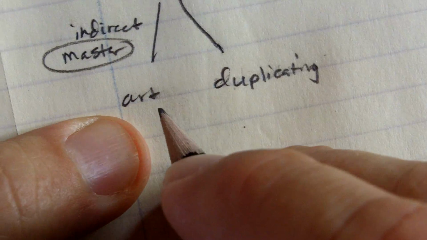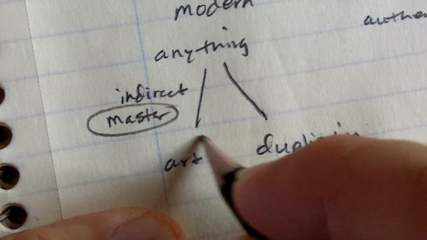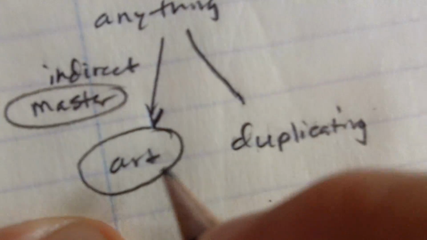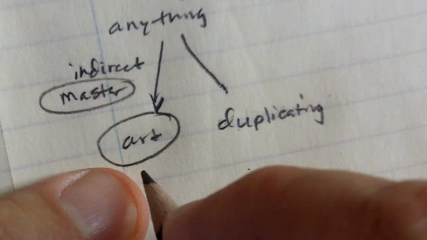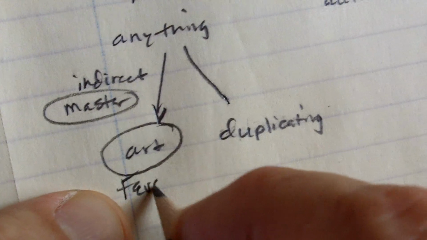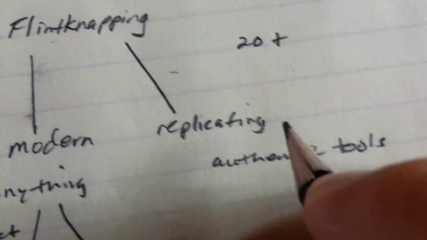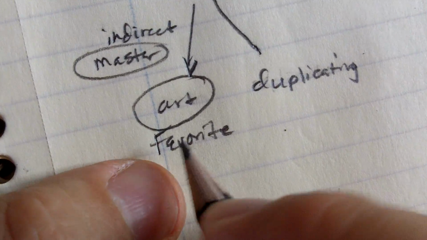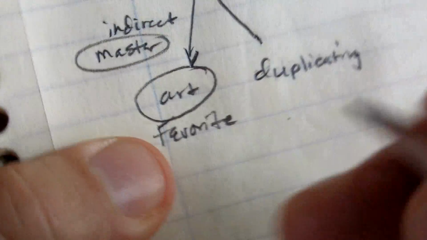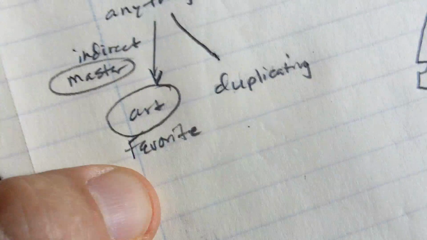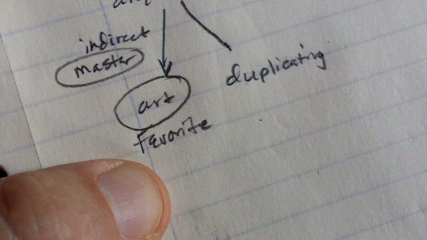Over on this side, this is my favorite part right here. I like creating art in stone with flintknapping. This is my favorite. I mean, I like looking at the authentic artifacts, but I really like the relaxing effect of flintknapping. Well, most of the time. If it's really frustrating material, it's not that fun, but